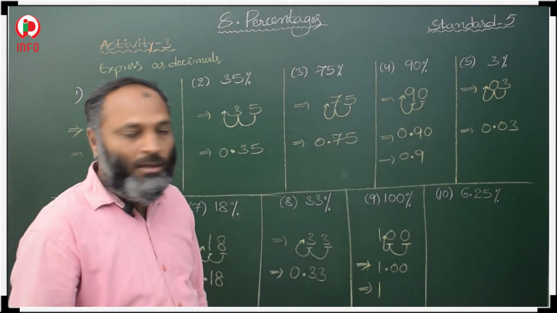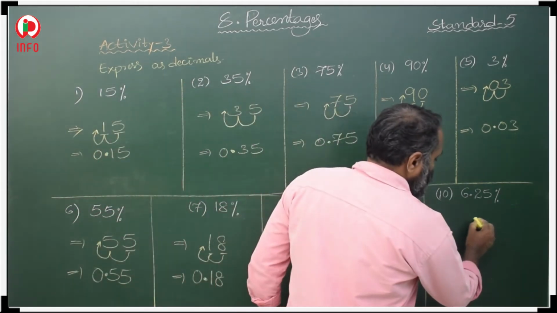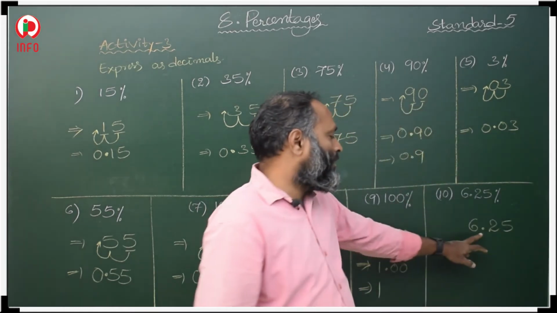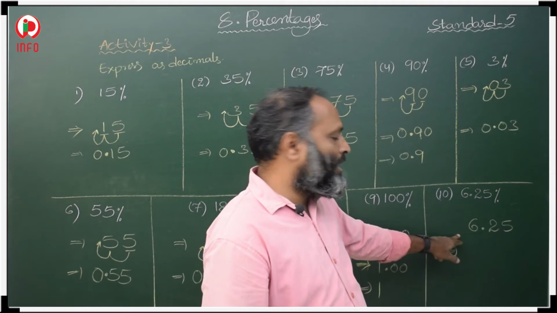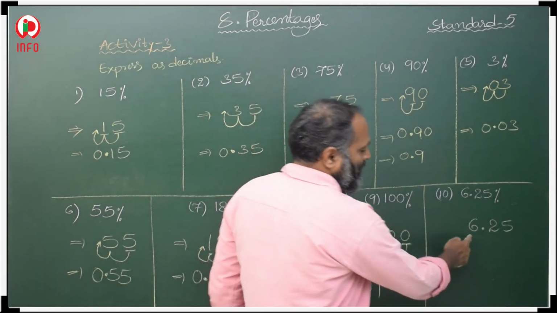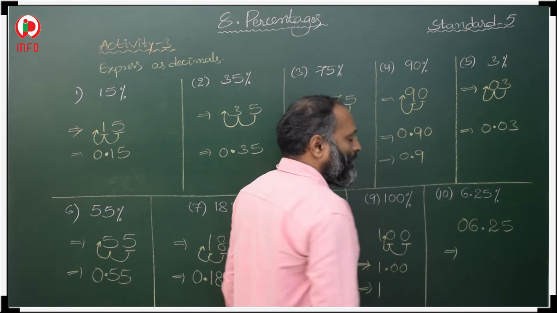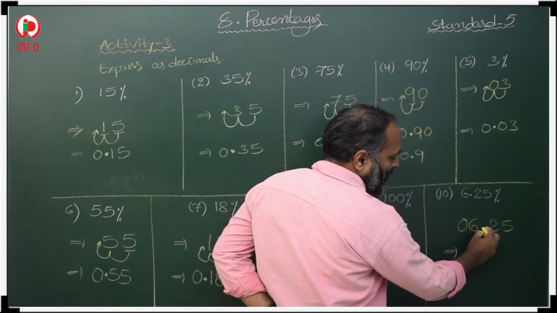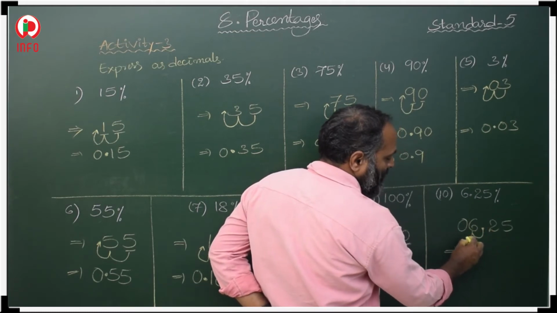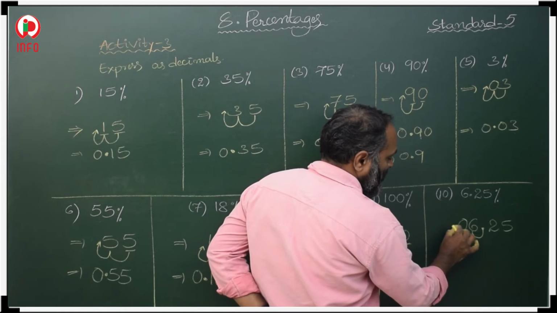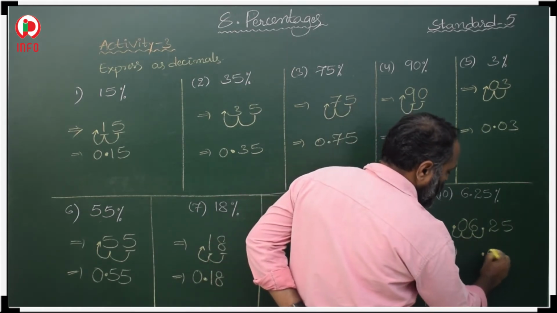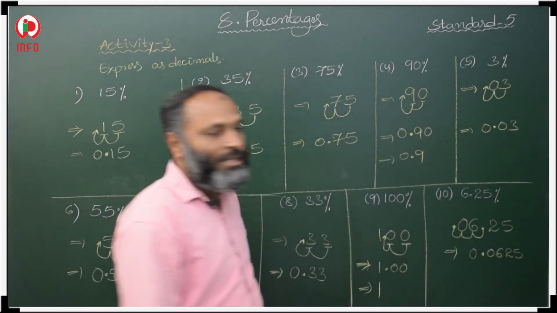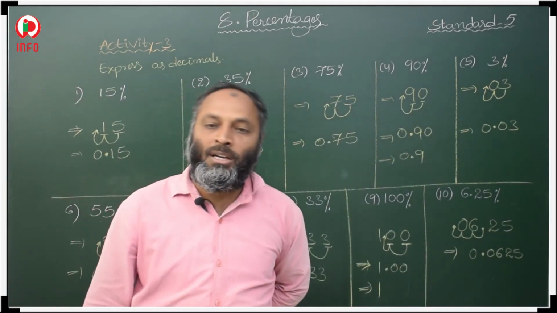Okay. Now 6.25. Already we have a decimal. So from the decimal we need to move 2 places from right to left. Here only one place is there, so one more 0 we have to keep. Then we have 2 places. The decimal moves 2 places from right to left: first place, second place. After the second place here you will get a decimal: 0.0625. We keep 0 before. In this way we have to keep a decimal.